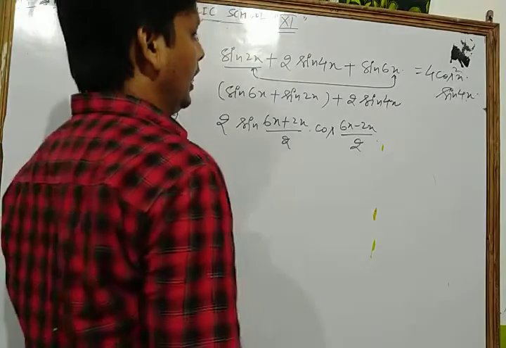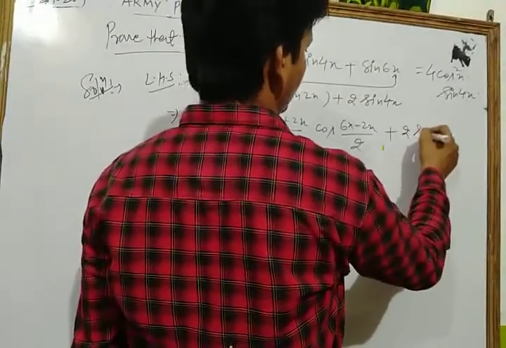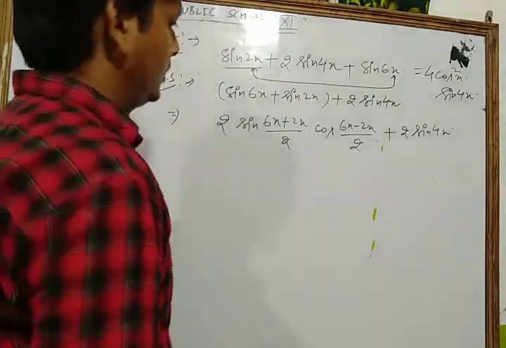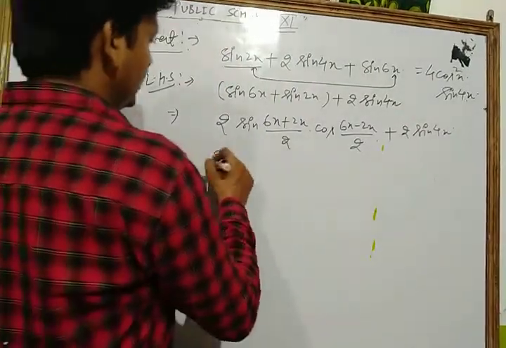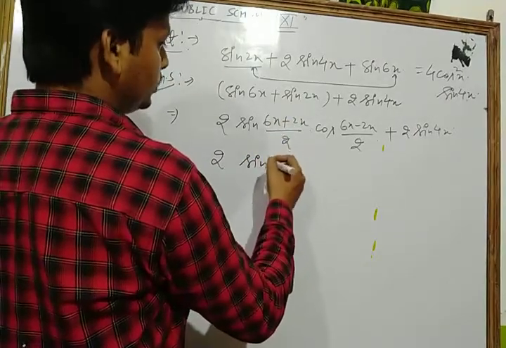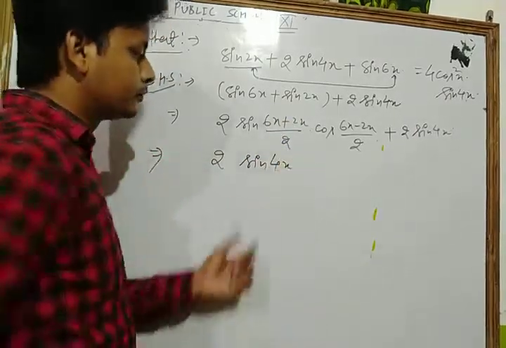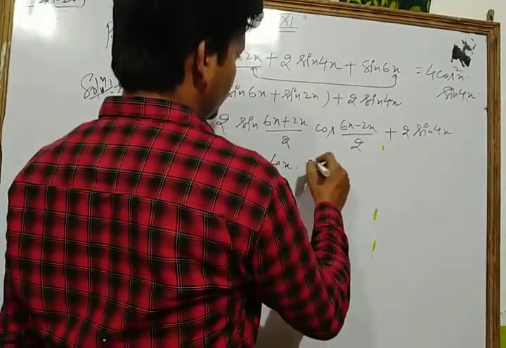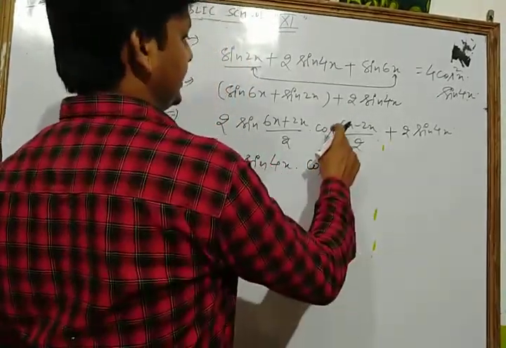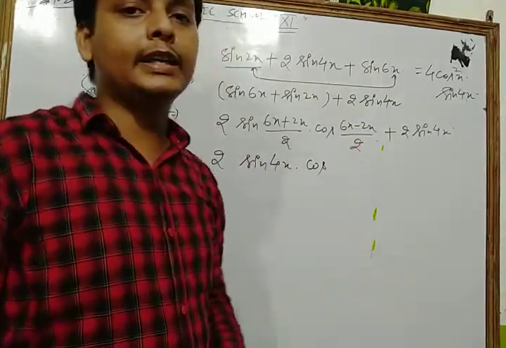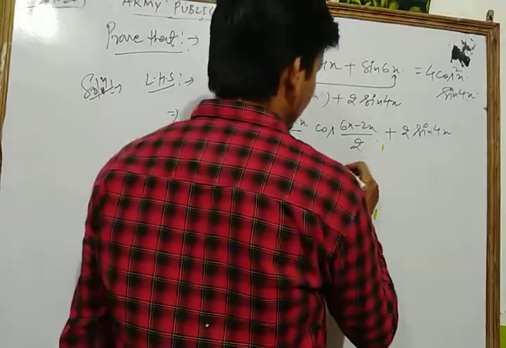Now 2 times sin of 6x plus 2x, that is 8x by 2, that is 2 sin 4x into cos of 6x minus 2x, that is 4x, 4x upon 2, that is 2x, cos 2x, plus